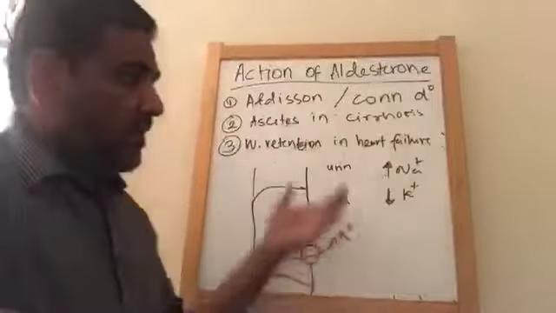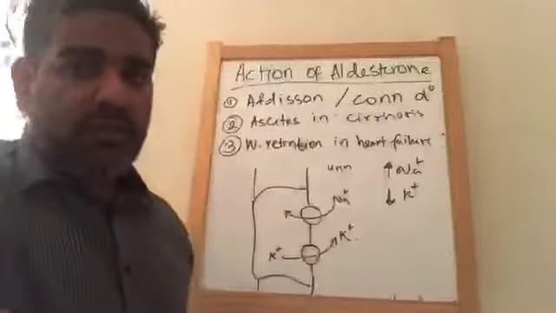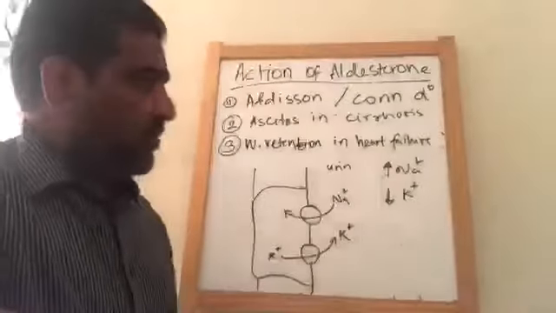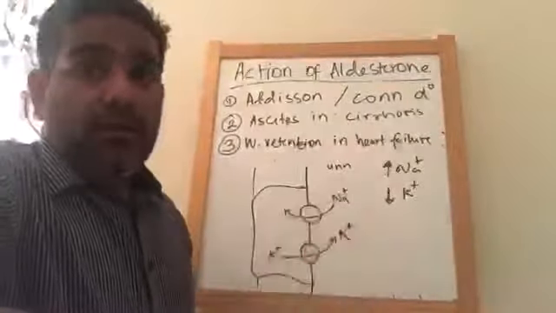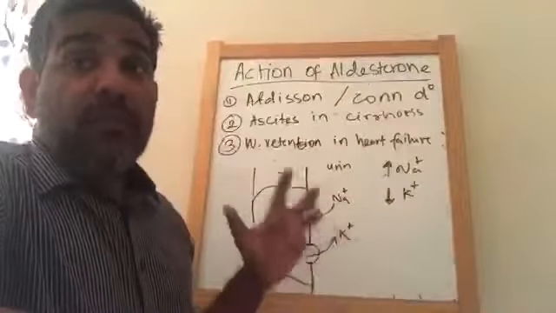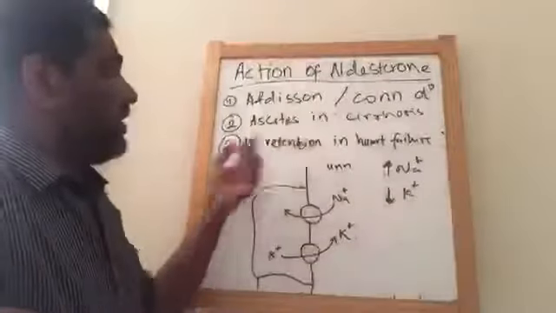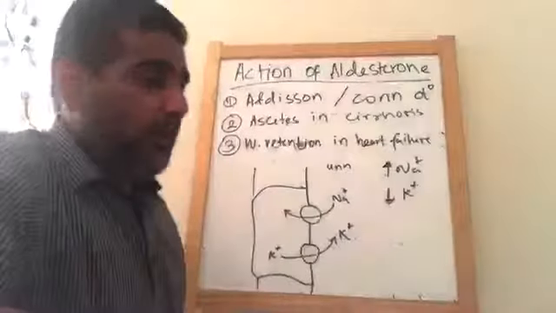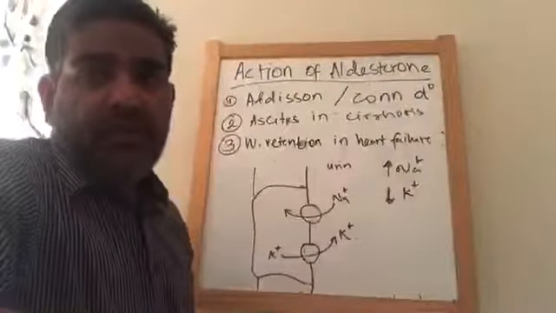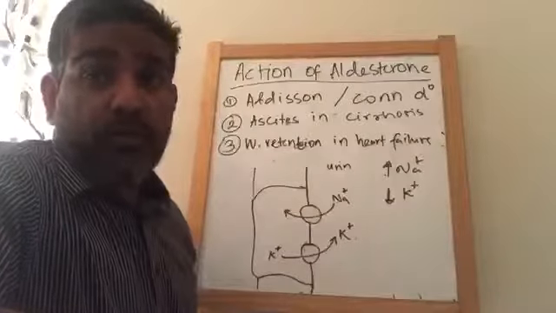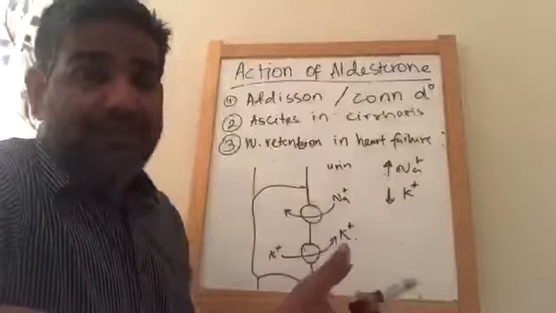It blocks the aldosterone receptors in the kidney. So this is an aldosterone antagonist. Okay, similarly in heart failure too, patients with heart failure cannot pump blood properly to the kidney, so